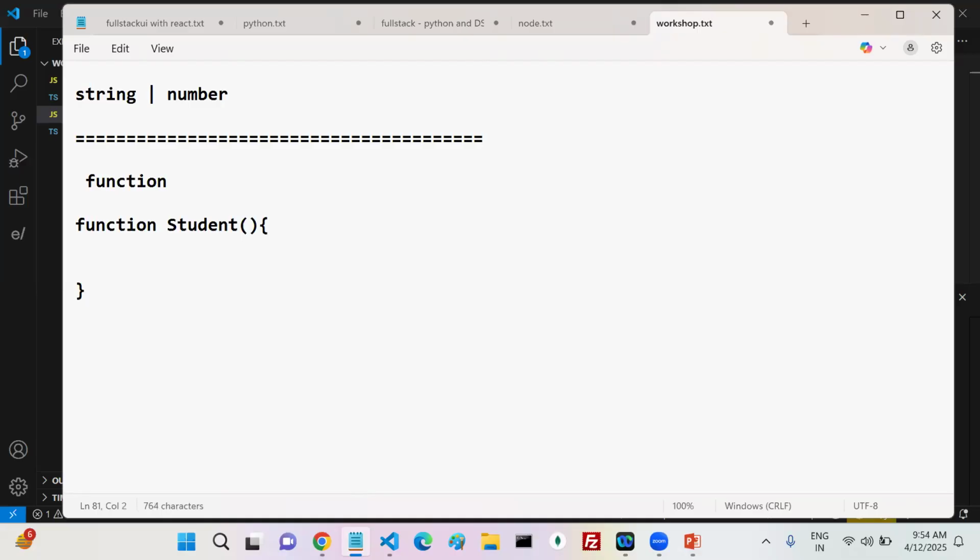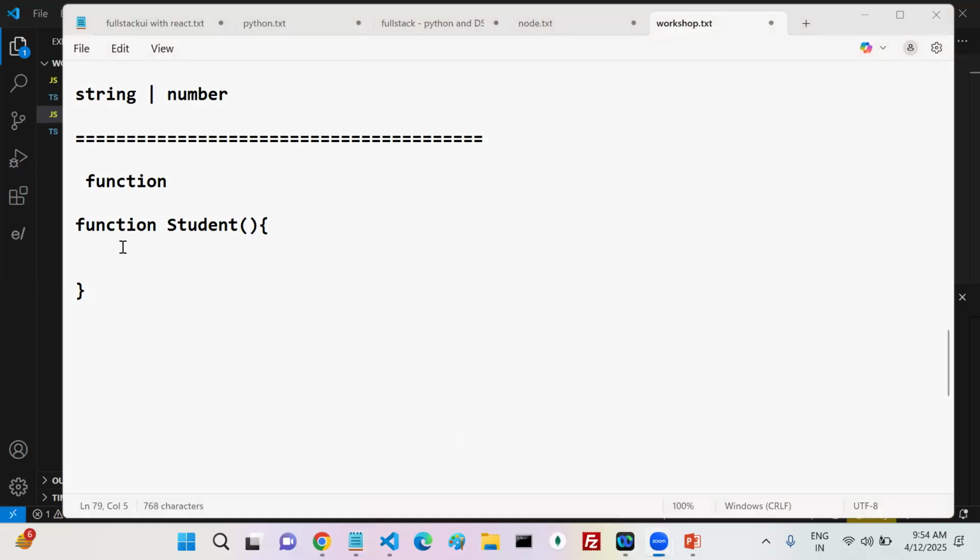See, it is a functional class I'm writing, not a function. My class is a collection of what? My class is a collection of variables and methods. If you have an idea of JavaScript, you can easily understand. If you don't, just try to understand. Class is a collection of variables and methods.